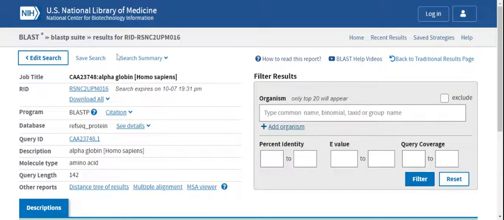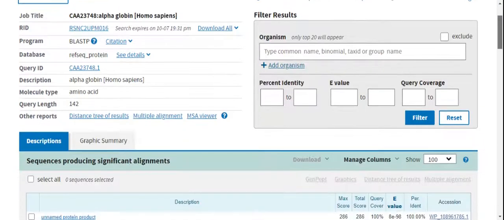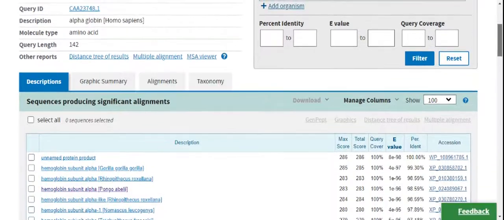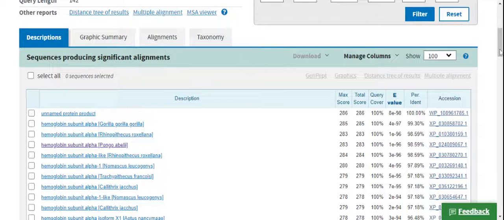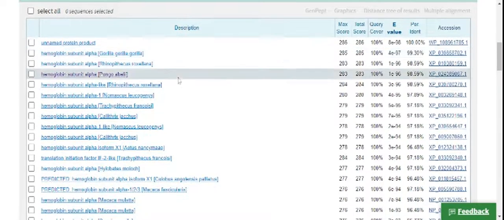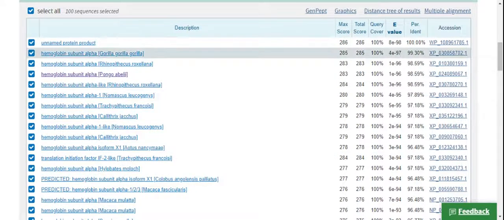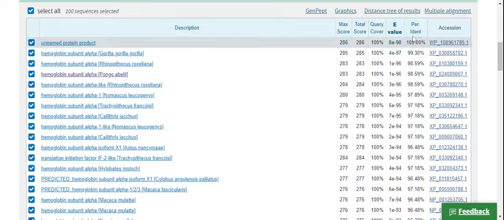Here we can see some basic things about BLAST. Now we have to look at the alignments section. Before that, we see the list of organisms and their sequences with their scores, like E value, which is the expected value, percentage identity, and accession number.